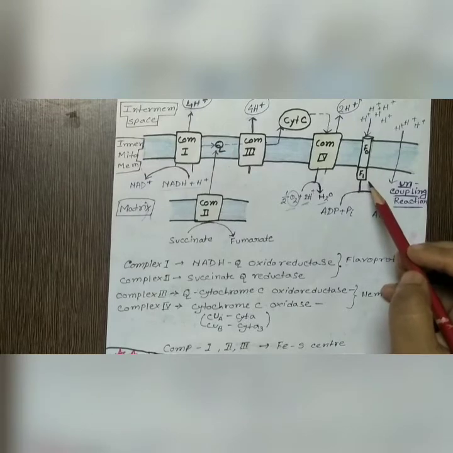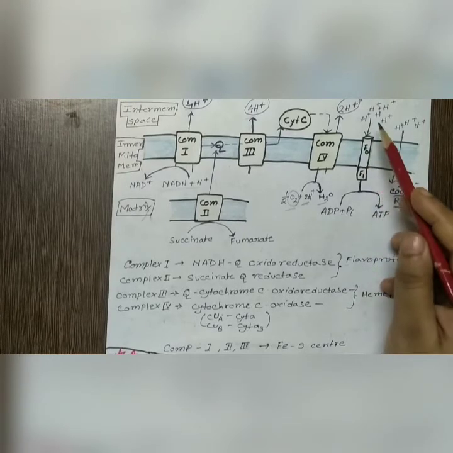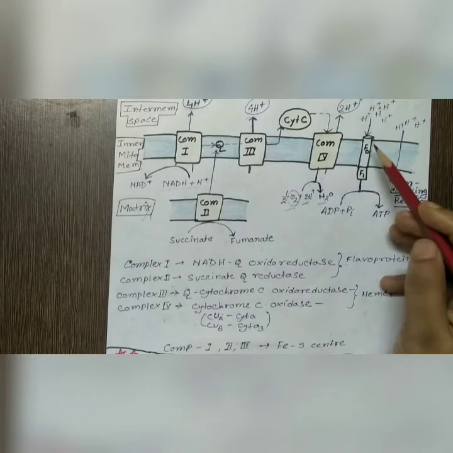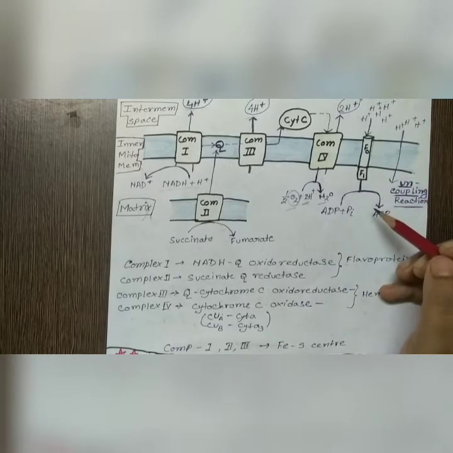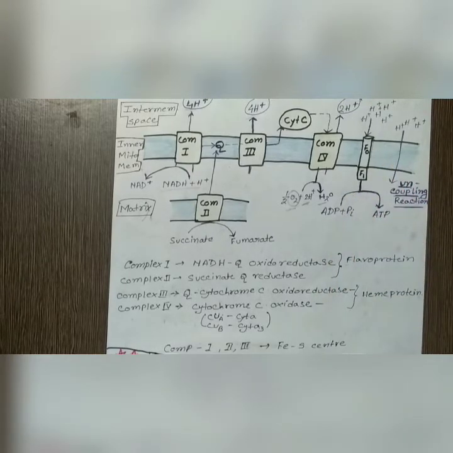Okay, now you should know about the ATP synthase enzyme. Actually they have a special mechanism in ATP synthase by which ATP is formed. It is not as simple as proton comes, it rotates and ATP forms. Not like that. ATP synthase has a special structure which is very specific.